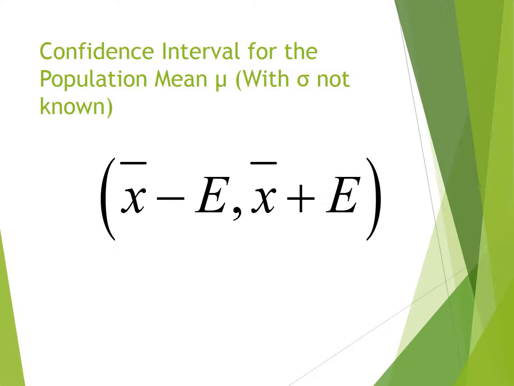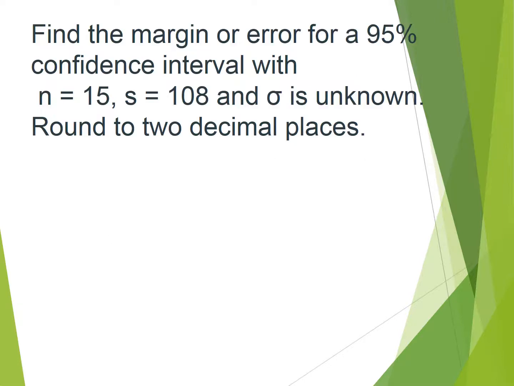The confidence interval is the sample mean plus or minus the margin of error. So to find the margin of error for a 95% confidence interval with n equal to 15 and standard deviation equal to 108, and sigma is unknown, the first thing we need to do is find the critical value. So we go to Calc, Probability Distributions, T, Inverse,